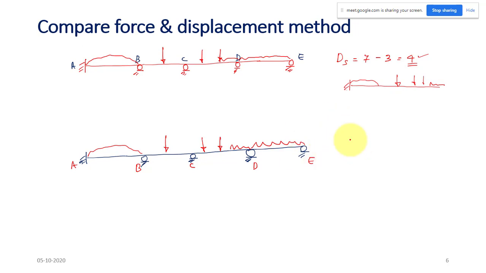First step is you have to find out the kinematic indeterminacy of your structure, or the degree of freedom of this structure. That is, how many degrees of freedom will we have? 3, 4 degrees of freedom. The first step in force method is to identify the static redundant forces, and in displacement method, the first step is to identify the redundant displacement or degree of freedom. Okay, first step is done.